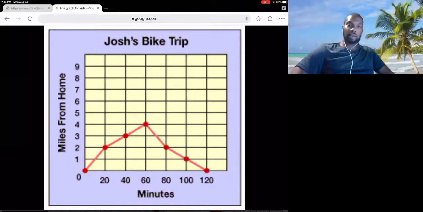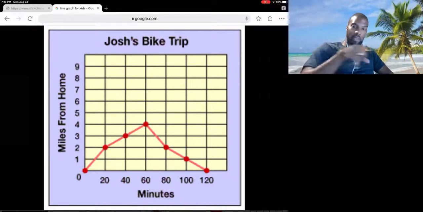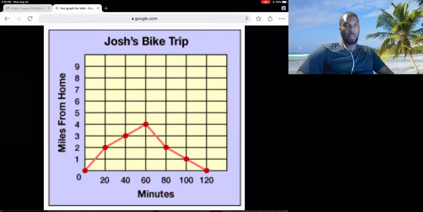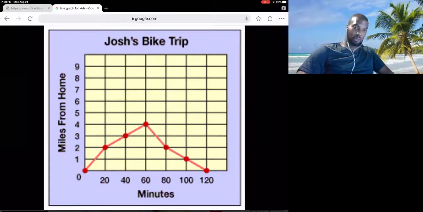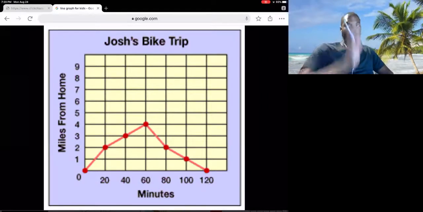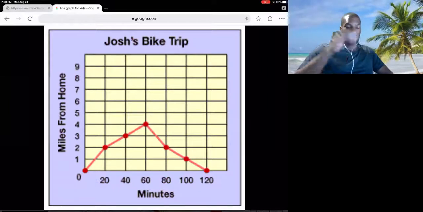So you can see here in this line graph that we are comparing minutes on the bottom to how far he is away from home. So at any given time on the bottom, you can figure out how far away Josh is from home. So basically, this is how you read a line graph. It's very simple. You just compare the numbers on the bottom to the numbers on the side and see where their lines match up. That intersection where the lines match up